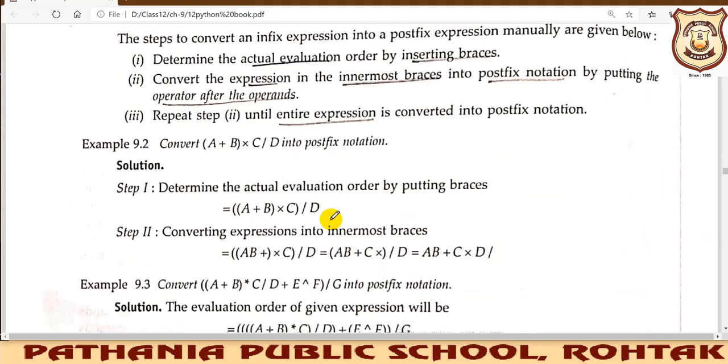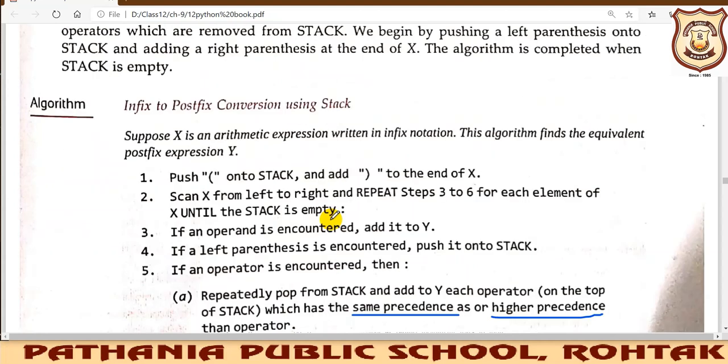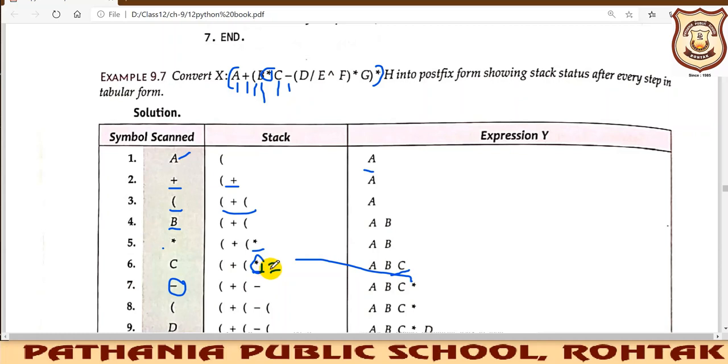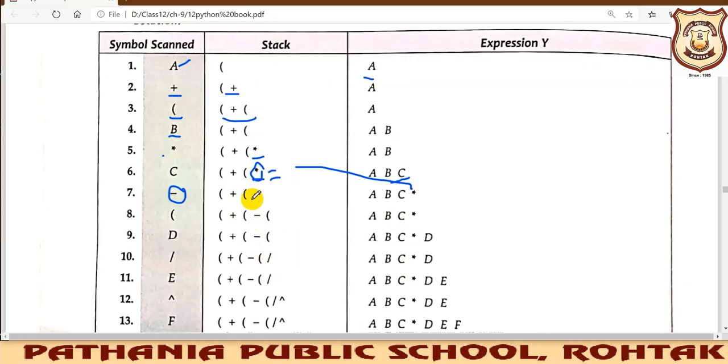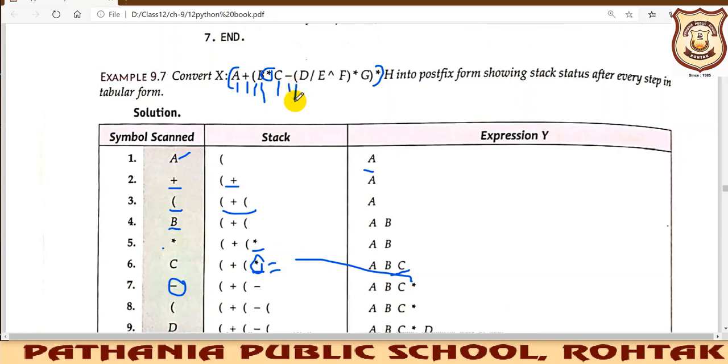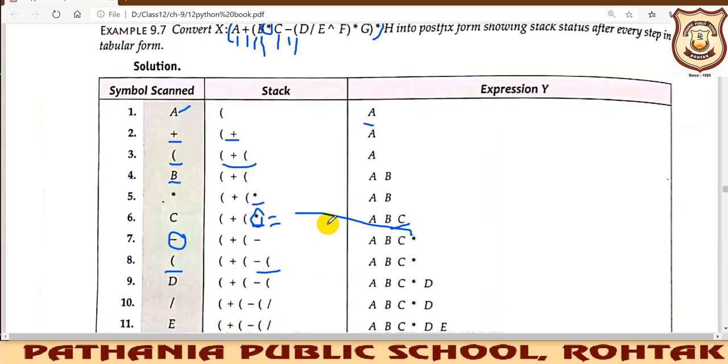Here you see the minus operator has the lesser precedence. So when it tries to hit this multiplication operator, which has the greater precedence, this multiplication operator will be shifted to y, and minus will stay here only. Next, what symbol is to be pushed? This bracket is scanned and it has to be put in the stack. The next operand you can see is D. The next symbol scanned is D, and D will come directly here.